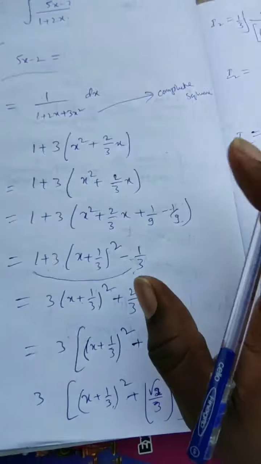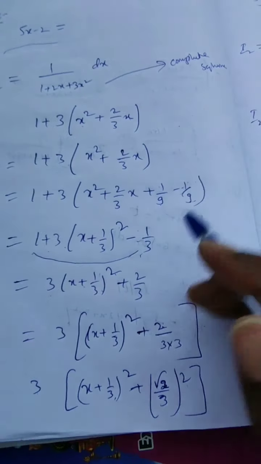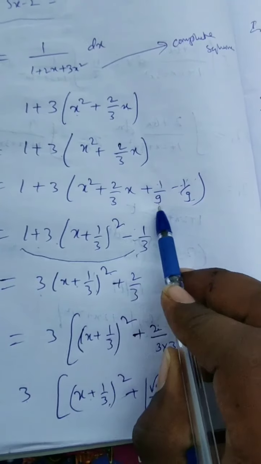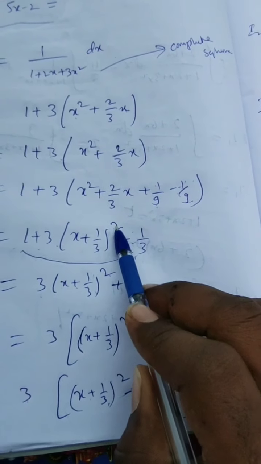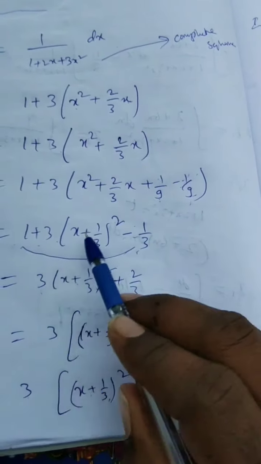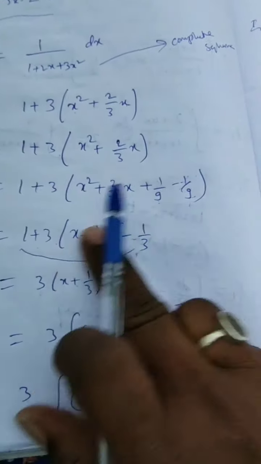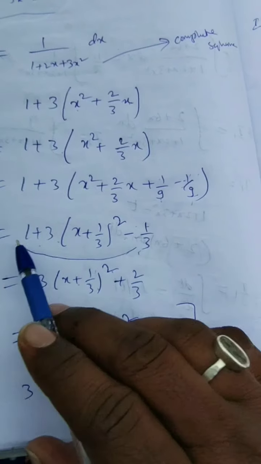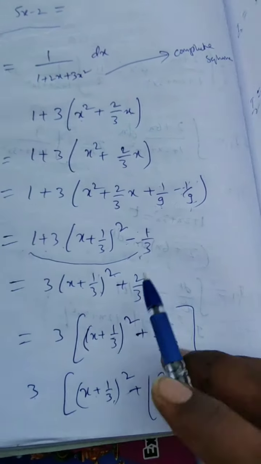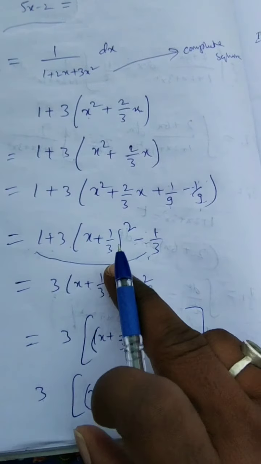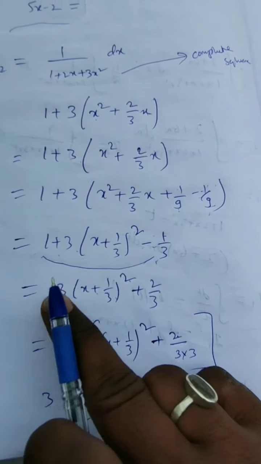What I am doing is making a perfect square. Okay, so I hope you are understanding. Till this there is no doubt, right? A plus b whole square minus 1 by 3. Now what I have to do, I should not have it like this. I have to make it completely a square. So this constant I am adding. This 3 is extra. The square is there, but 3 extra I have.